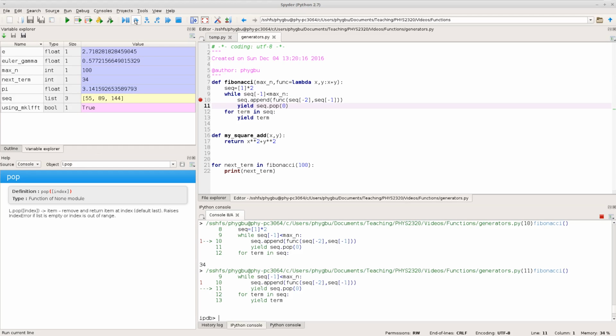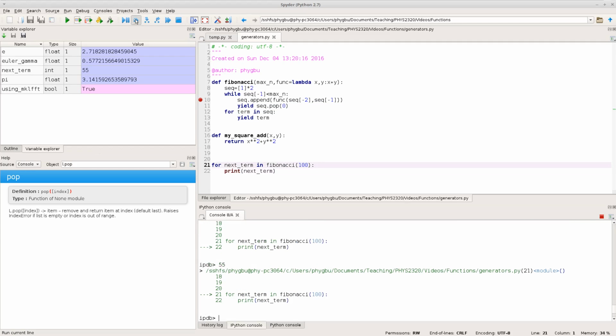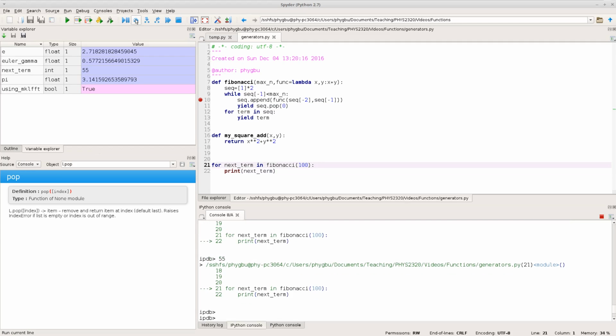Right, so now it's going to work out that this term we just calculated is greater than the maximum value we wanted, because this is the 144 here. So now as we go through, it prints, it calls into the Fibonacci function again,